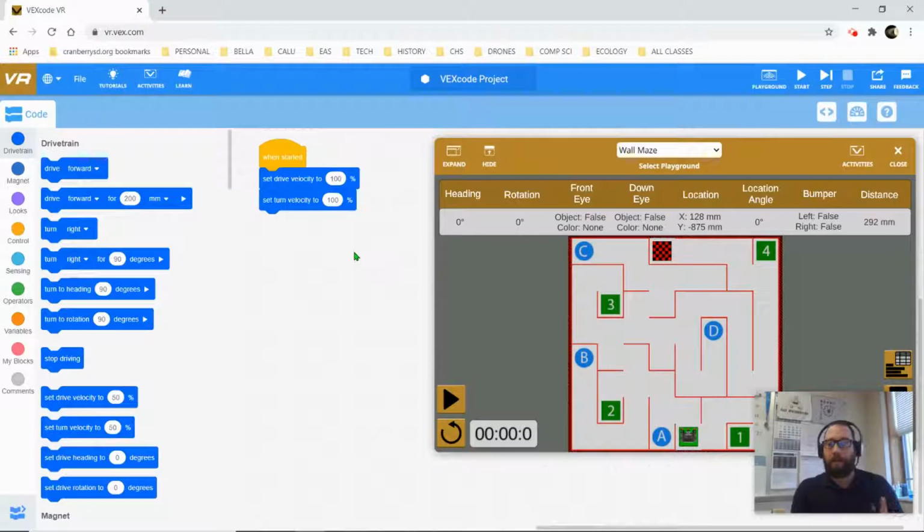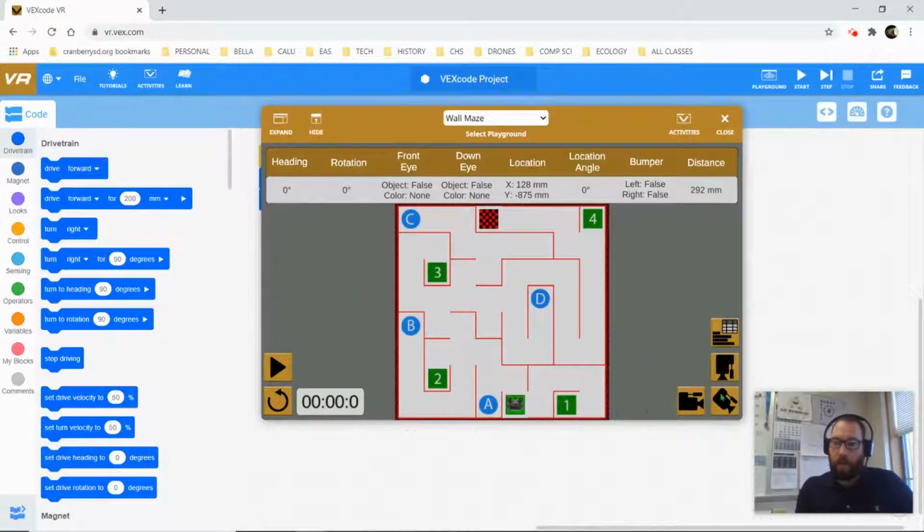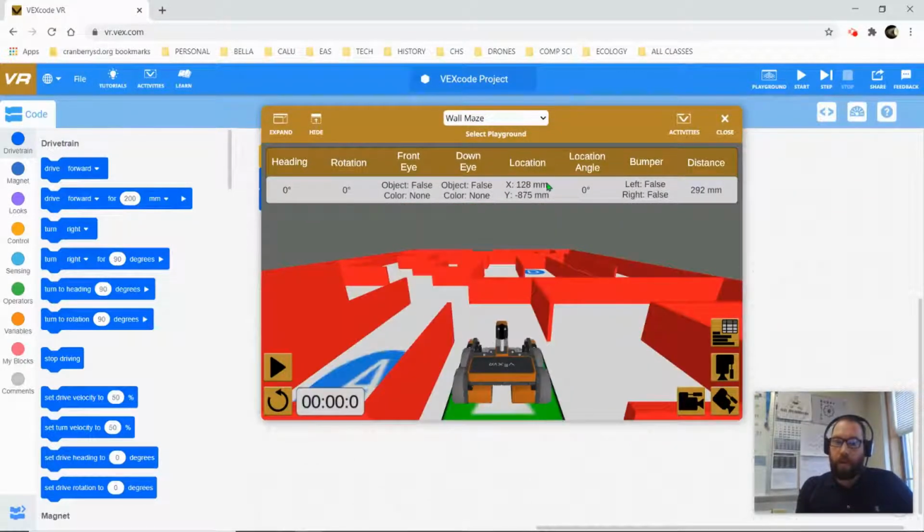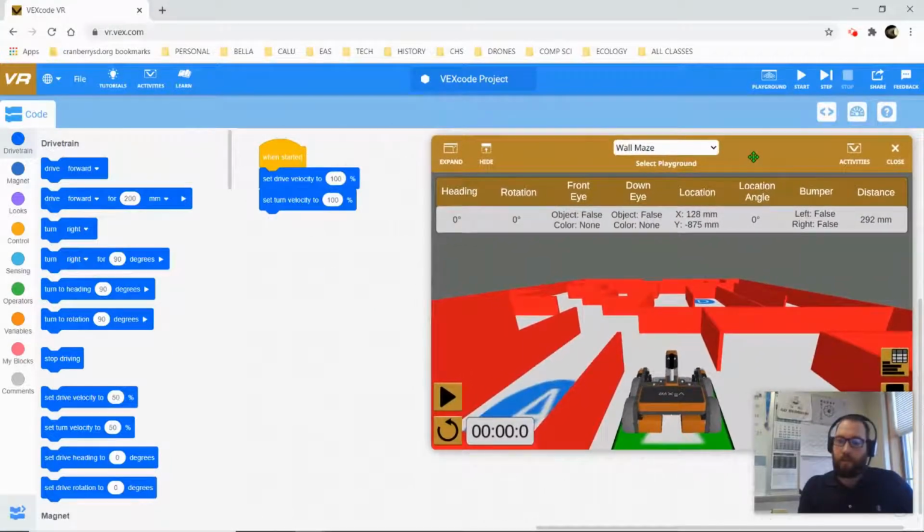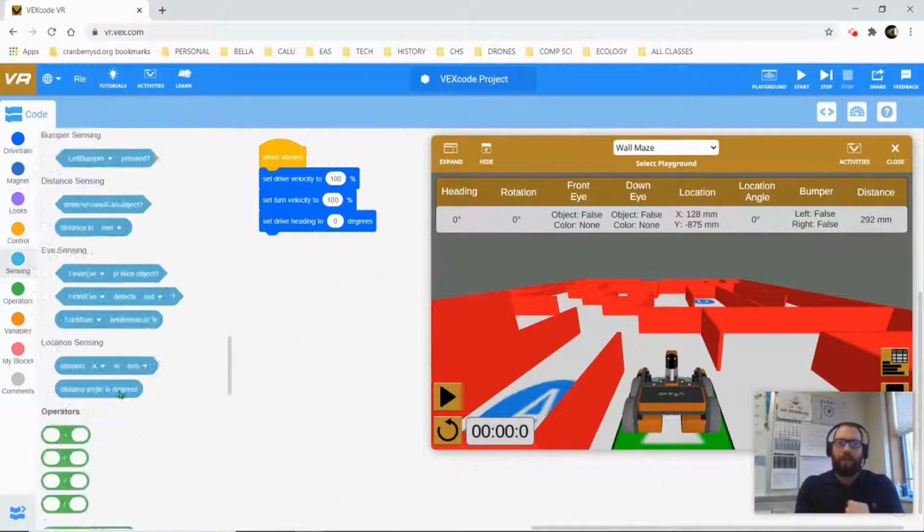All right. The next thing that we need to do, since our robot currently is facing forward, all right, we can see that here. It is facing forward. We need to make sure that we set our drive heading to 0 degrees. All right, so right now it's facing 0 degrees. That's the direction it's facing. Remember, like north, south, east, west. Right now it's facing 0 degrees. So once it does that, then we're going to drive to